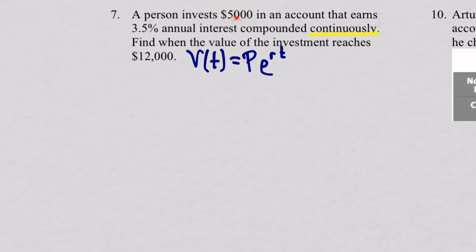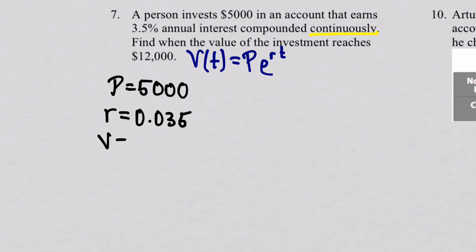In this case, they tell me that the person invested $5,000, so that's P. So the principal is 5,000. Also, they tell me that the account earns 3.5% annual interest, but it's compounded continuously. But it's still r. That is r right there. r is, in decimal form, 0.035. And they also tell me, when will the investment reach $12,000? That's V. Plug in all of those values and we're going to get 12,000